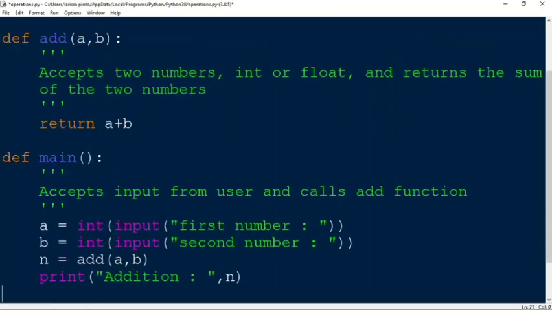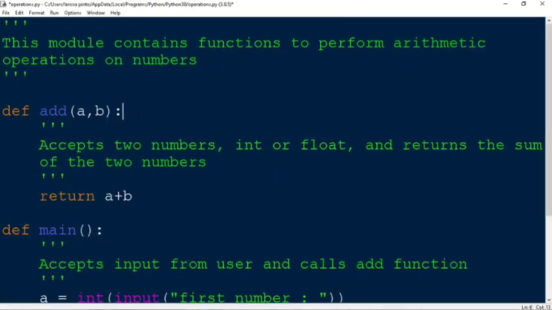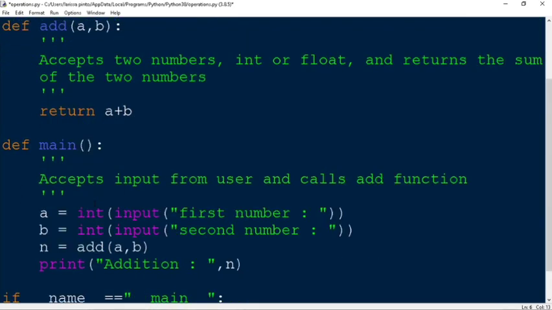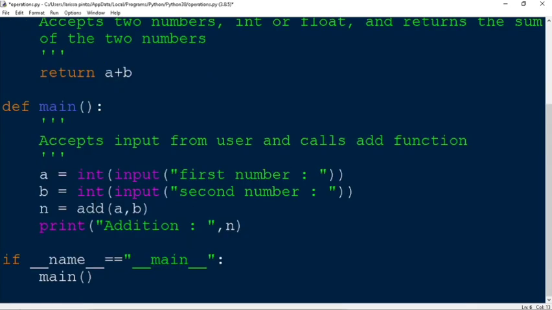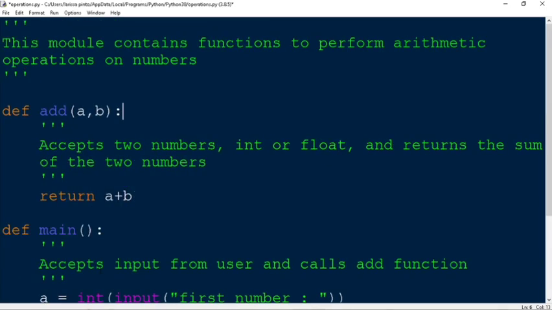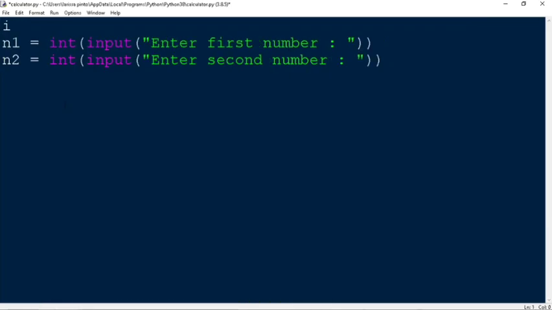Now to add this, I'll use a module. So I've created a module here called operations, and in this I have a function called add, and here you can see this is how a module looks. Now to import it, I'll write import. This is how we import any module. So import the module name,